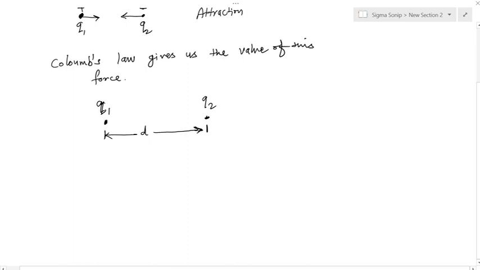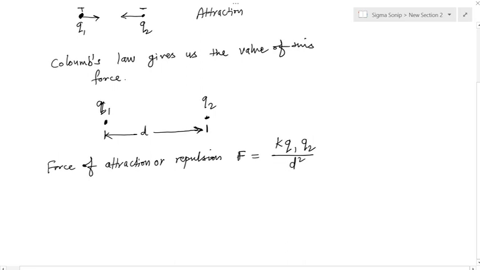Then the force of attraction or repulsion between them is called F, and it is given by K times Q1 Q2 divided by d square, where K is Coulomb's constant